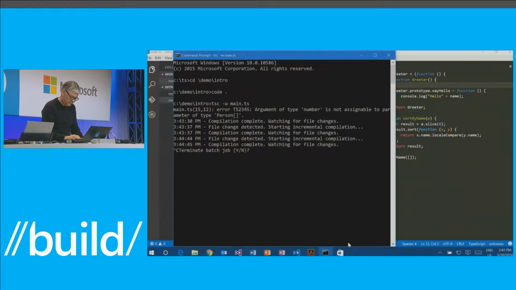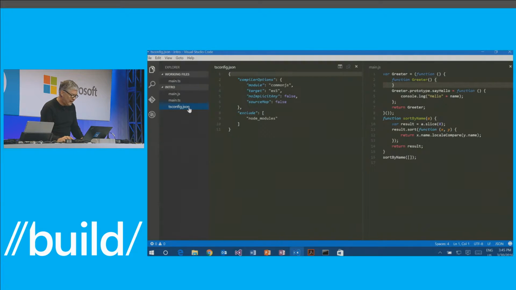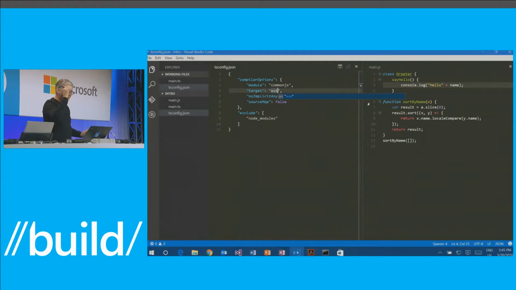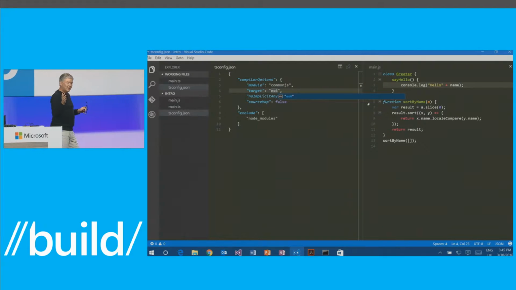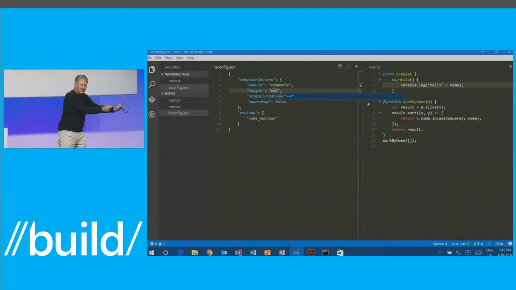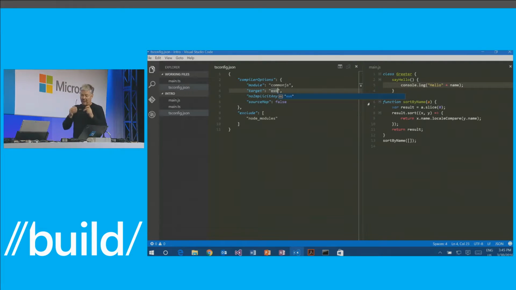We can actually change, let me just start and create a config file here and start the compiler and watch again. And then let's go back in here, and then let's try to change our output target to ECMAScript 6 and save that. And now you'll see that our code jumps and becomes ECMAScript 6, but with the types removed. So you can actually sort of move the slider up and down. You write your code as if the world is the latest and greatest, and then you can target whichever level you want to in your browser.